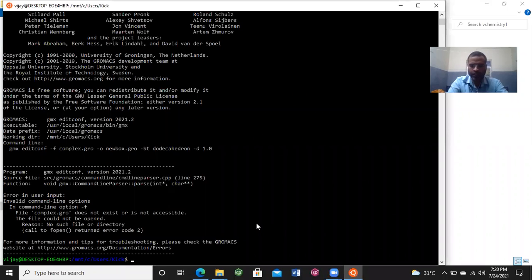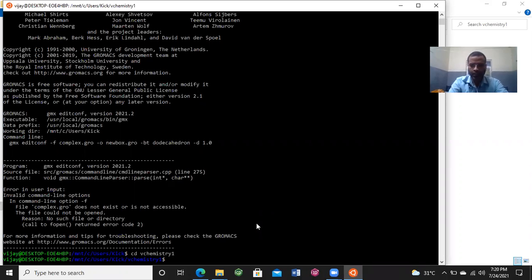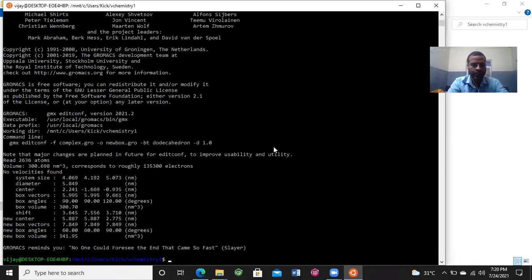Here we are not in the right directory. So just change your directory, cd vchemistry. Here are our files. Now again run the command, that is gmx editconf. Now press enter, and I think everything is right. You can also visualize this newbox.gro in Chimera and PyMOL, but there is no need to visualize it.